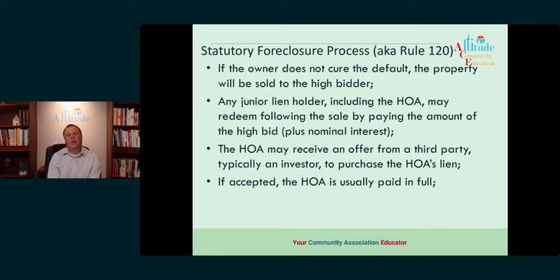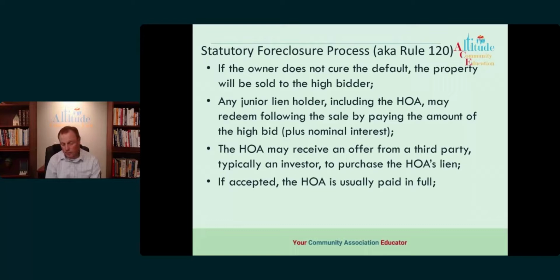So if the association is approached by a third party, an investor, and they want to purchase the HOA lien, they'll usually contact our office. We'll reach out to the association with what the offer is. Most of the time, the association is going to get paid in full. Occasionally, the investor might be asking for less and might be asking to have the lien sold for less. In those cases, the attorney is going to talk to you about pros and cons as to why it might make sense in this situation to accept less. But almost always, we're going to get paid in full.